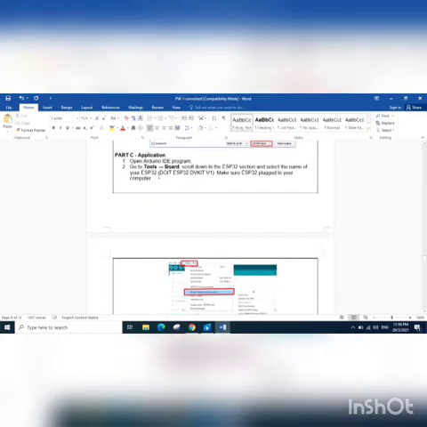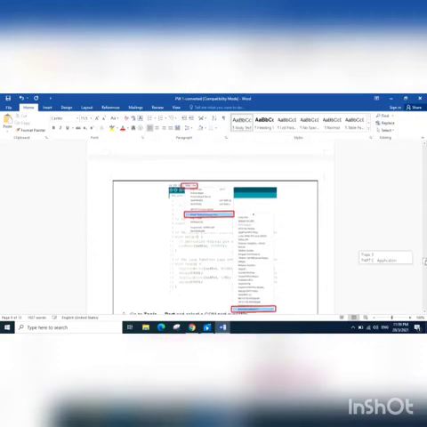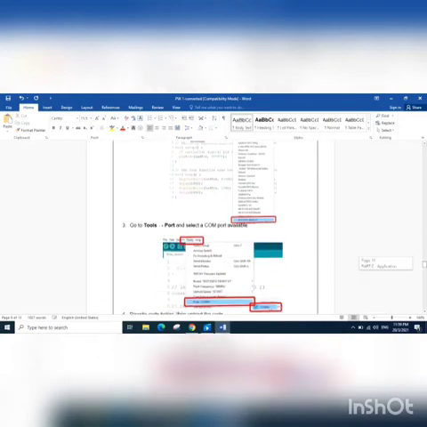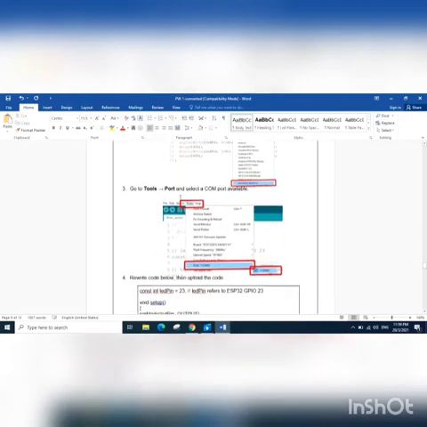Next is Part C, an application. Open the Arduino IDE program, then go to Tools, Board and scroll down to ESP32, and select DOIT ESP32 Dev Kit V1. After selecting that, go to Port and select the port which is available.